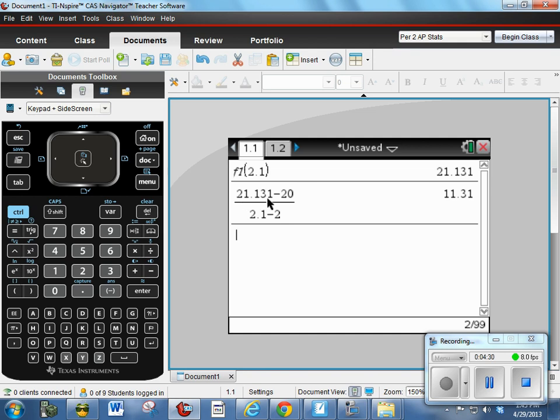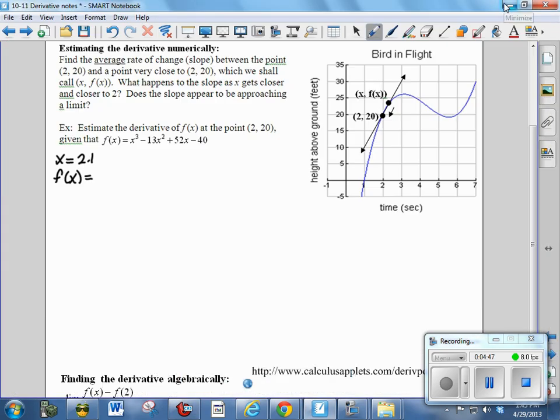21.131 minus 20 over 2.1 minus 2 gives me 11.31. So I'm going to grab this, and actually I'm just going to write this down on my paper here. So this is 21.131, and when I do the slope is going to be